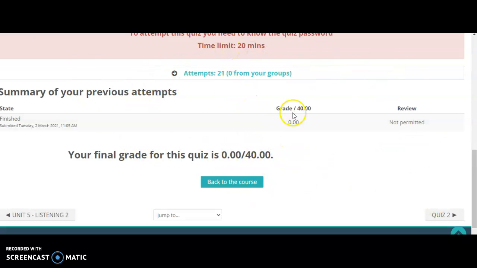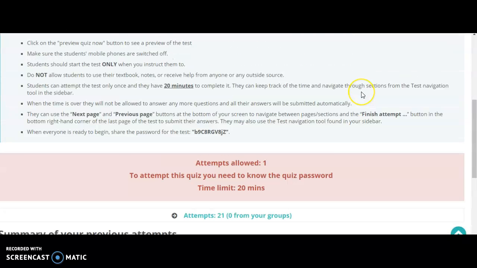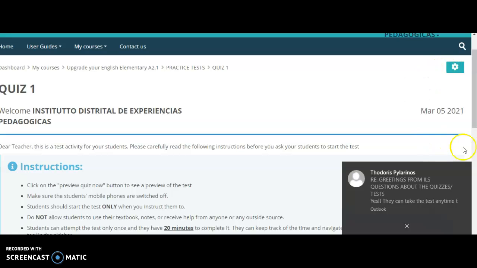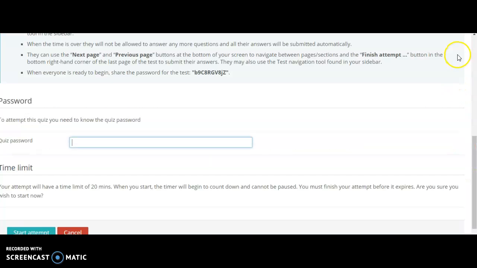So you're like, what can I do? Well, easy peasy. You scroll up a bit, and then you click this icon, the clock button, then click on preview, type in the password, and then again, you can preview the quiz or the test as many times as you wish without any